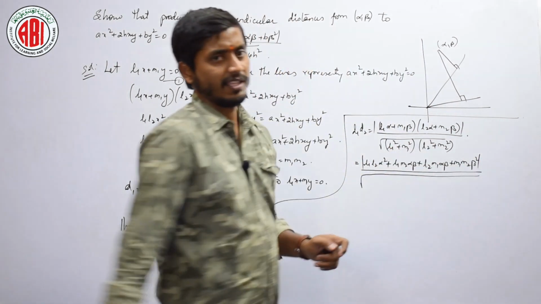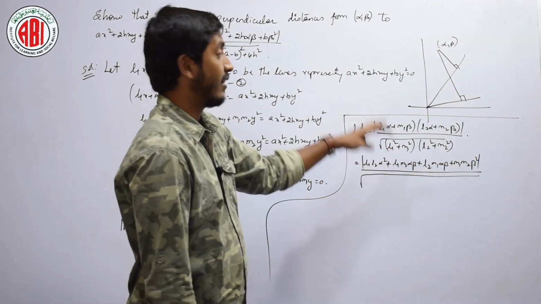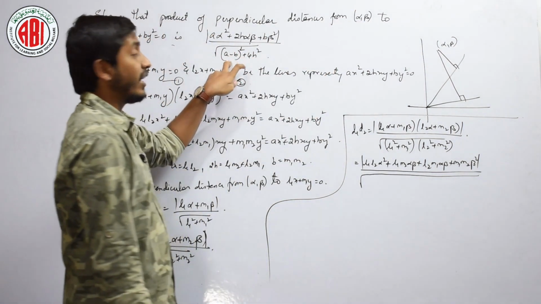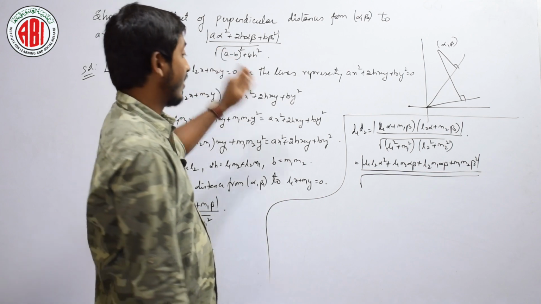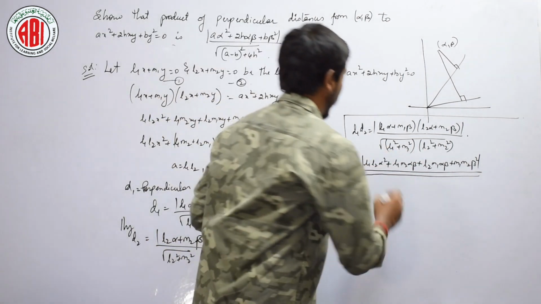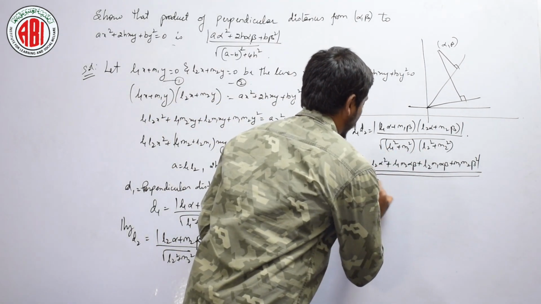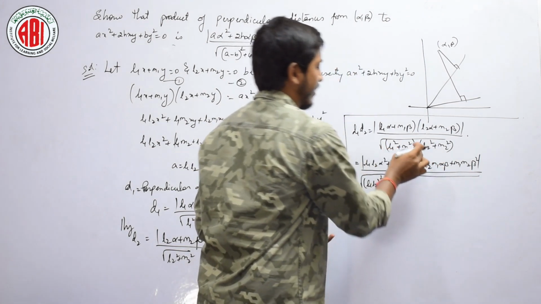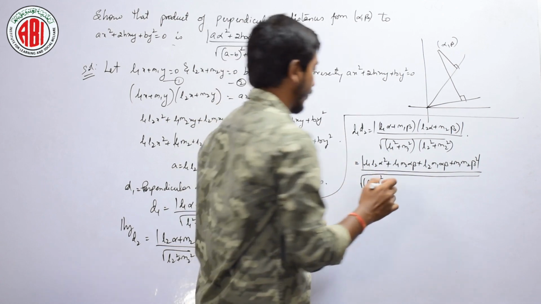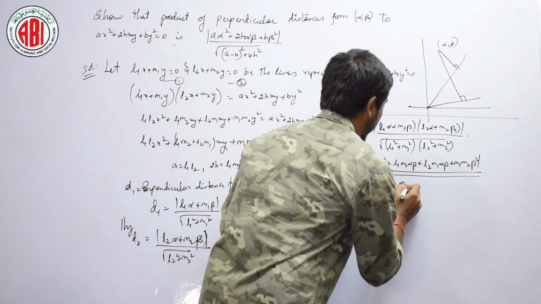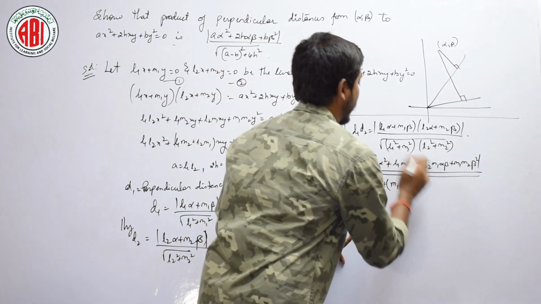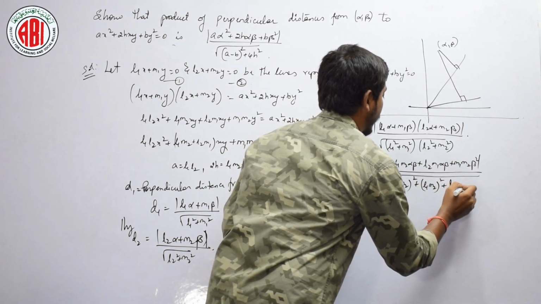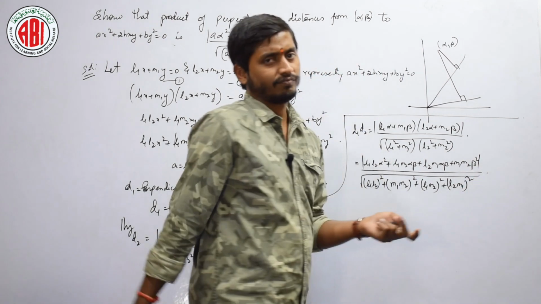Now, we have to multiply these both. It is the same thing which we did in the last cos theta formula also. I already told you this denominator will be repeating for most of the problems. Now, see here, L1 square L2 square, that is (L1 L2) whole square. The next step is let us write (M1 M2) whole square, plus (L1 M2) whole square plus (L2 M1) whole square.